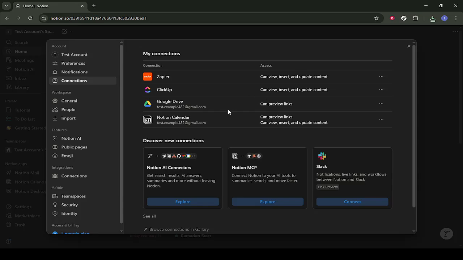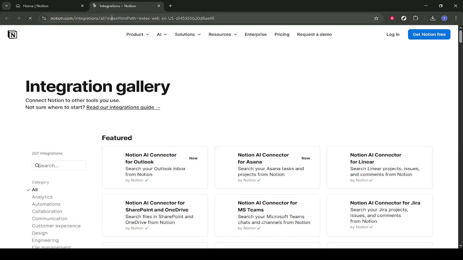You should now see a list of your existing connections, if you have any, along with options to discover new ones. From here, look for a link or button that says Browse Connections in Gallery. This opens Notion's integration gallery in a new window or tab. Click that option. The gallery is essentially a catalog of apps that can plug into your Notion workspace to extend